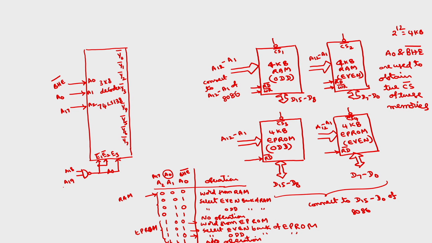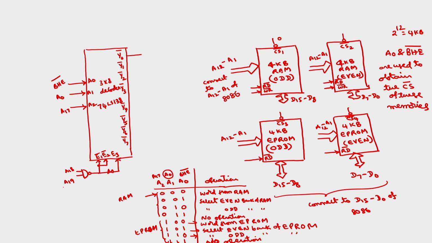Now how to connect CS1? So in order to select CS1. So what is CS1? The odd bank of RAM, odd bank of random access memory. Okay. So in which cases this odd bank of random access memory has to be selected? Selected means chip select should be 0. Okay. So here if I apply 0 0 0 0 here, then Y0 bar will be 0, remaining all will be 1 because these are active low signals, Y0 bar, Y1 bar, Y2 bar and so on. Okay. Now, in order to select CS1, how to obtain the Boolean expression for CS1.